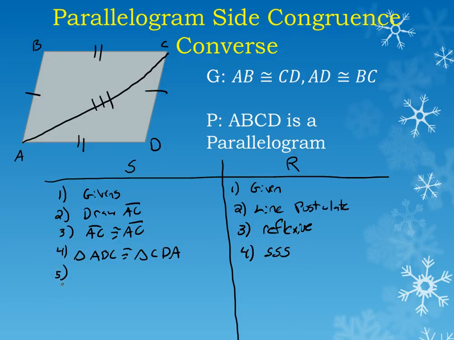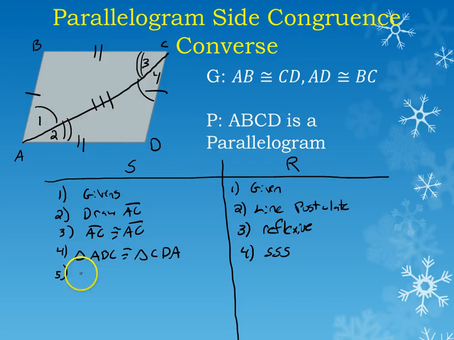So the whole goal is to prove triangles are congruent to then get to the next couple steps. Now, I'm trying to prove that this shape is a parallelogram. So our definition of parallelogram said that opposite sides are parallel. So if I can show opposite sides are parallel, I can then say it's a parallelogram. Well, in order to get sides parallel, I need angles. That's why we had to show the triangles are congruent, because now I can say that angles 1 and 4, and then 2 and 3